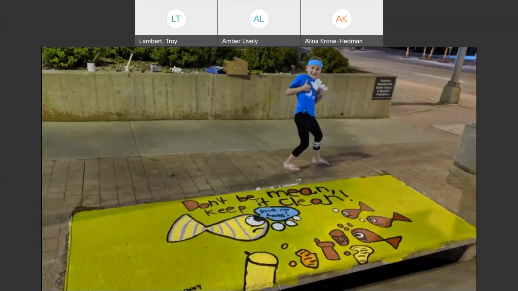We also have the annual Storm Inlet Art Program, where local artists paint a water quality message on our storm drains. This is a really awesome program because it piggybacks off the really robust art culture in our downtown, and brings in this water quality message. And we've heard such great things from this. People are just walking downtown to a restaurant and they're seeing this beautiful art piece and water quality message, and it has a really big impact.